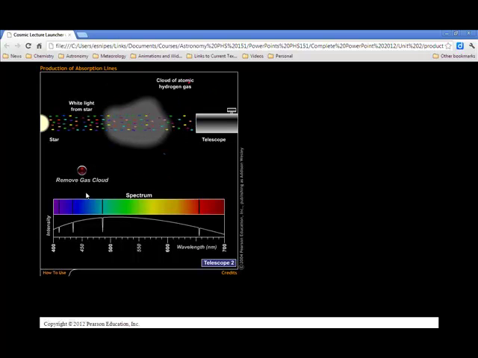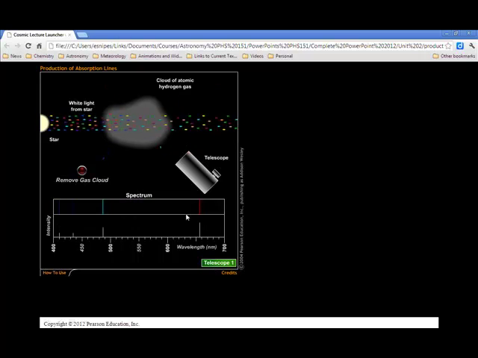Isn't that cool? So this would be Kirchhoff's third law. This would be absorption line spectra. Now let's go ahead and look at telescope 1 or telescope 2. Let's look at this telescope that's not in line of sight of the star. And now look at what it's doing. It is actually now seeing